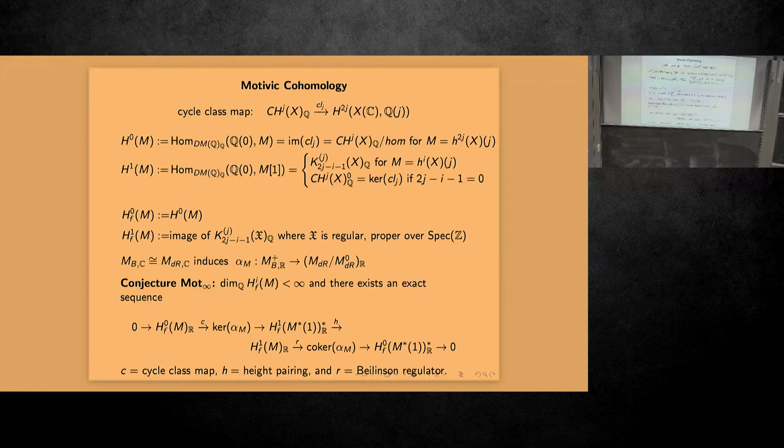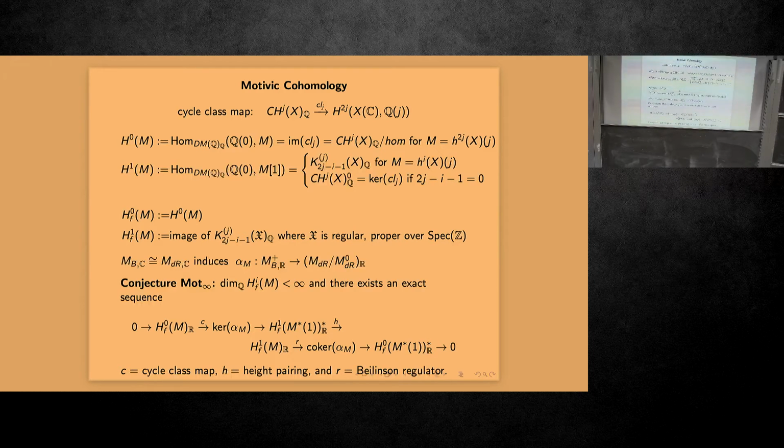And so this was defined in a very roundabout, weird way. So you just take the H0 is the same for the integral model, but the H1F is the image of the K theory of some regular proper model. And you can show that this image in the rational K group of X is independent of the regular model. But if you're in this setup, you can actually use alterations of de Jong, and the image will exist independent of a regular model. So this H1F is defined at least independent of existence of a regular model. But this is clearly very non-canonical, and we certainly should work with X directly, which is what I'm going to talk about tomorrow. Okay, but that's what people did,